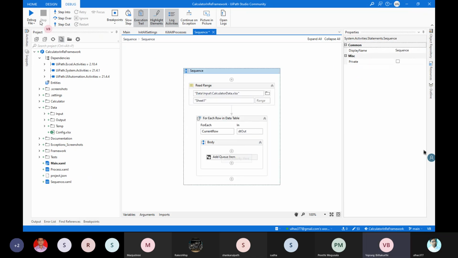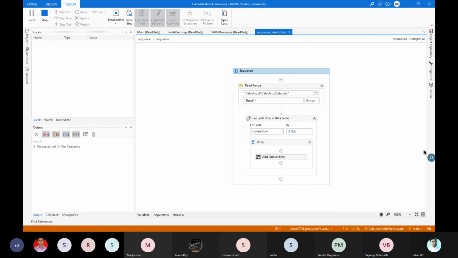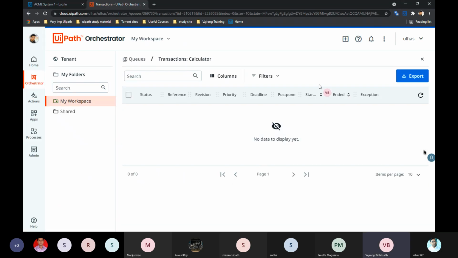So where do we see this reference value? If you go into, okay, let it run. If you go into this place,